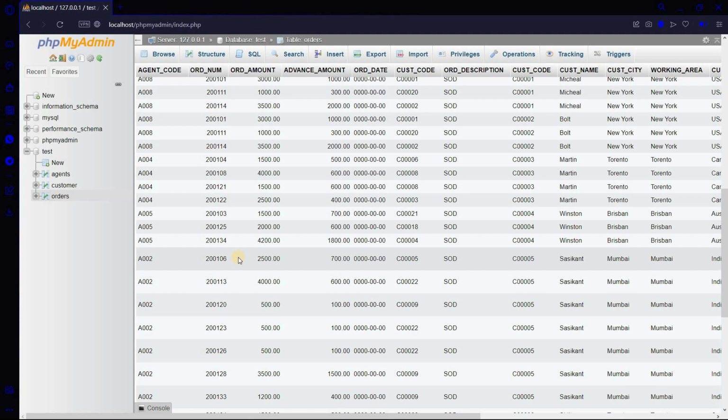Thus, data of the orders table, which is on the left side of the relation, is compared to the customer table, which is at the right side. Thus, the data of the orders table is displayed before the data of the customer table.